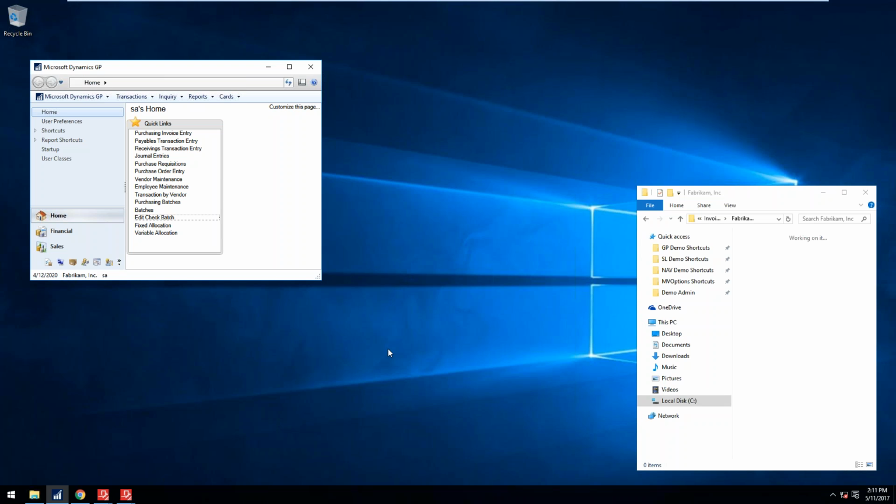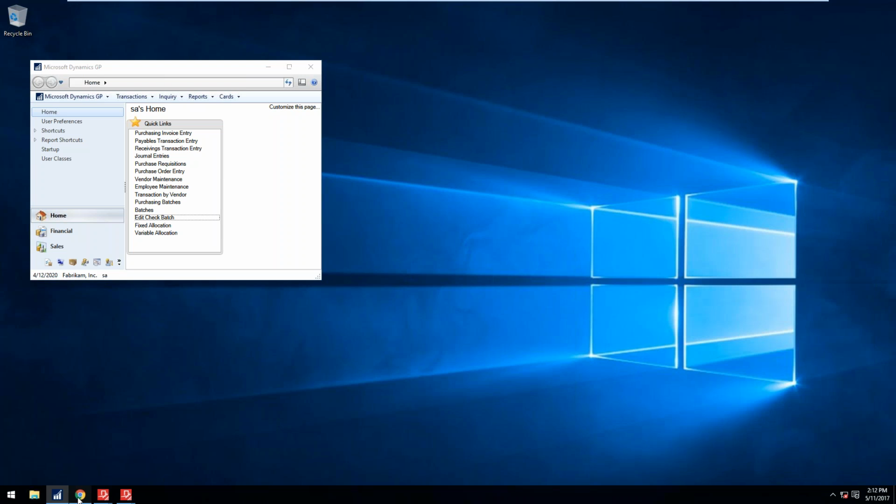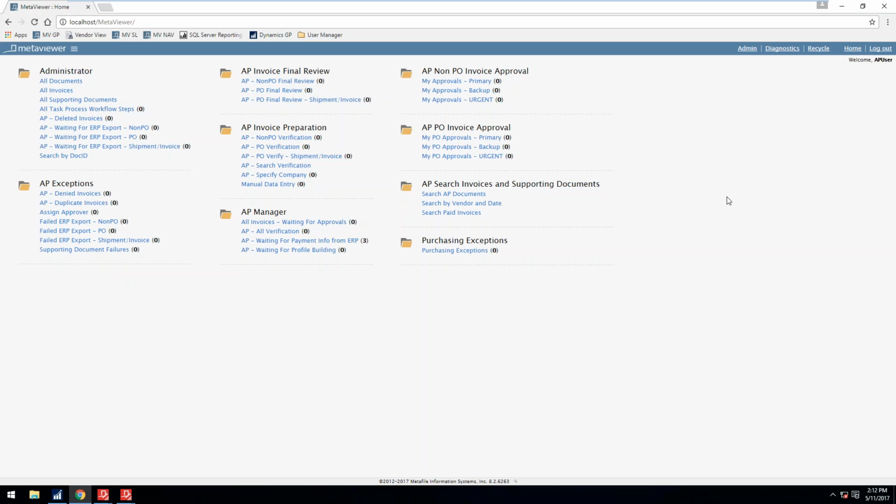They're going right into Invoice Accelerator, so we can read those documents and extract the data from those documents. Now that I have that task running, if I scan a document to this folder, drag and drop a document in here or save a document in there, it's going to automatically pull that document in and process it just like the others. Okay. So if I open up my browser now, when I log into MetaViewer, I'm taken to